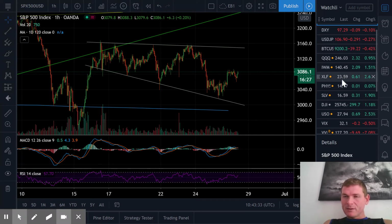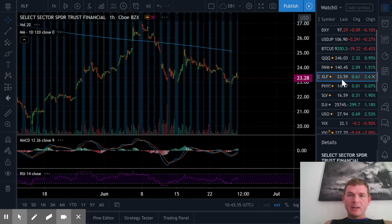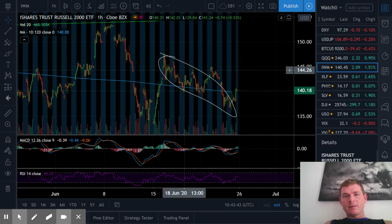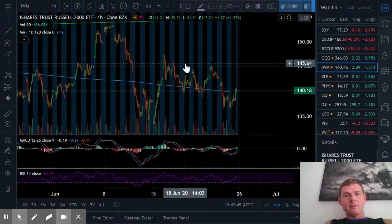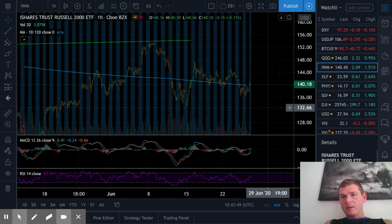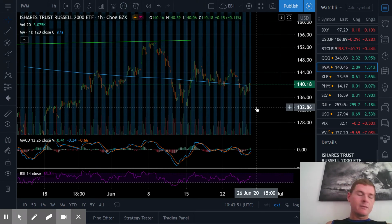Where did these things close? Because financials, oh yeah, a little up move on financials yesterday. The financials and the small caps, this is the Russell 2000 IWM, those are sectors that are not doing stock buybacks. Oh, there was actually news on financials yesterday that they're going to restrict their dividends and prevent buybacks on financials, which